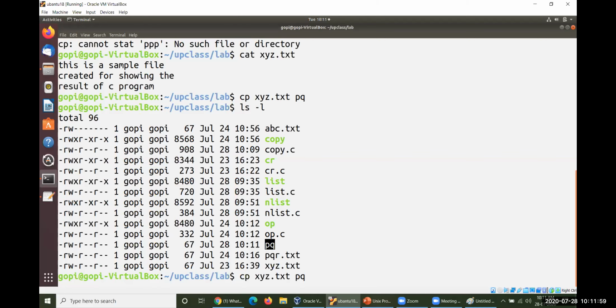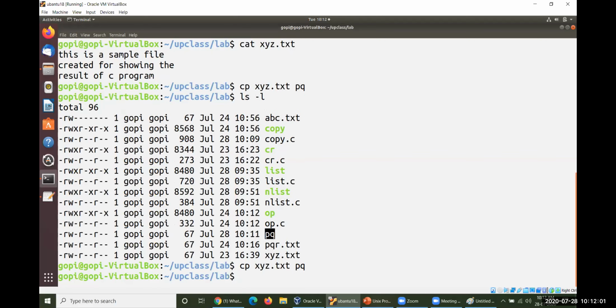Therefore, what exactly have you identified here? If it is overwritten, even then the destination file exists. If you overwrite that particular destination file, the contents of the destination file will be erased. So we would like to give some kind of message to the user: yes, the destination file also exists. Shall I continue or not?